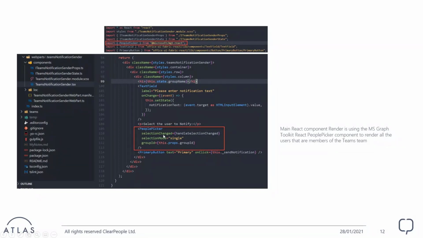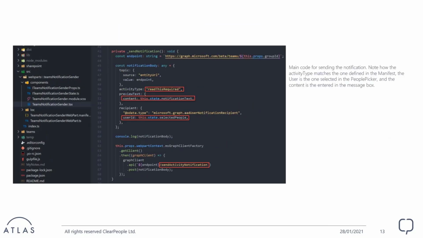And I'm just configuring the component to show users that are part of the team. This is important because if you try to send a notification to a specific team for a user that is not a member of the team, you're going to get an exception as well. So in this case, I'm filtering the different users by the ones that are part of the team.